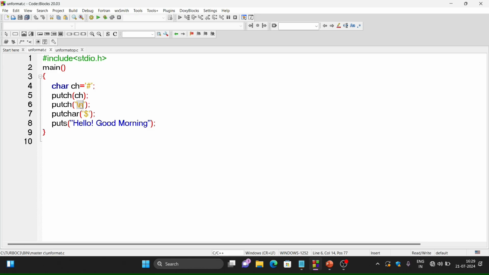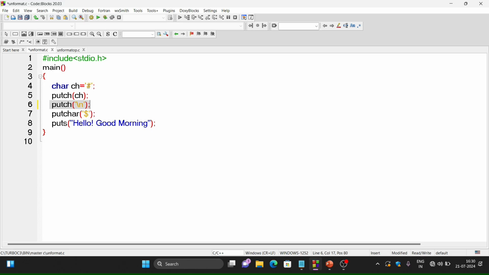So in this putch I have used a character constant, and earlier I used a character variable. Now consider the next statement with this putchar function. Here also I have used a single character constant. Whatever is included in single quote marks will be displayed on the screen. That means dollar will be displayed with the putchar function.